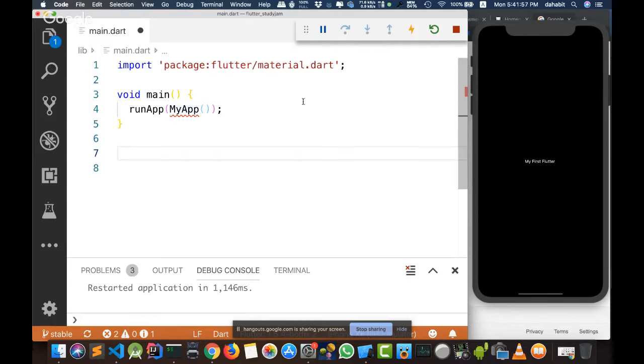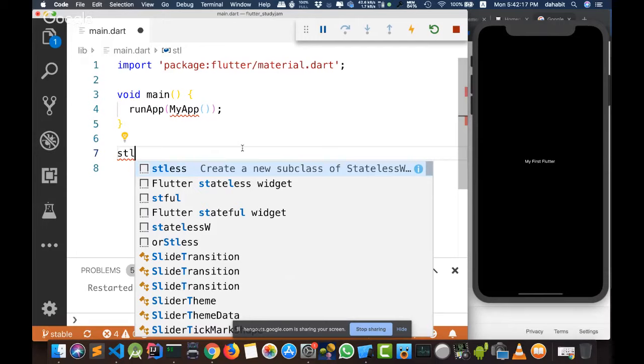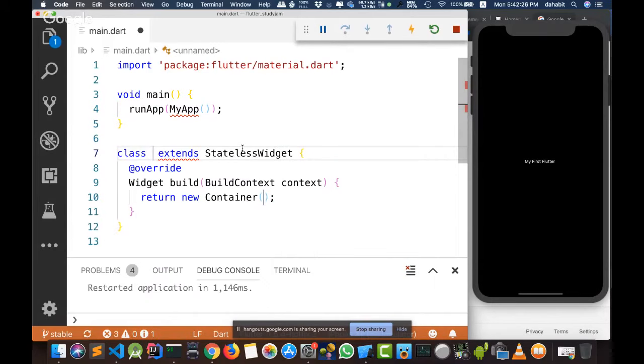So as we said before in our presentation, what types of UI widgets are available for us in Flutter? There are two types of widgets. The first type is stateless, which means it has no state, no data, or is dataless, and the other type is stateful. To write a stateless widget, in any editor you are using, whether Android Studio, IntelliJ, or even Visual Studio Code in my case, I write STL and press tab and it will autocomplete the code for me. And I advise you to use autocomplete because it will save you a lot of time and solve a lot of problems when you make spelling mistakes.